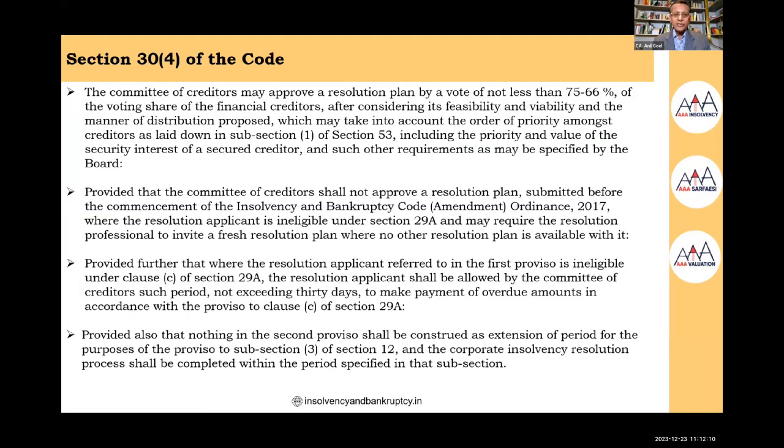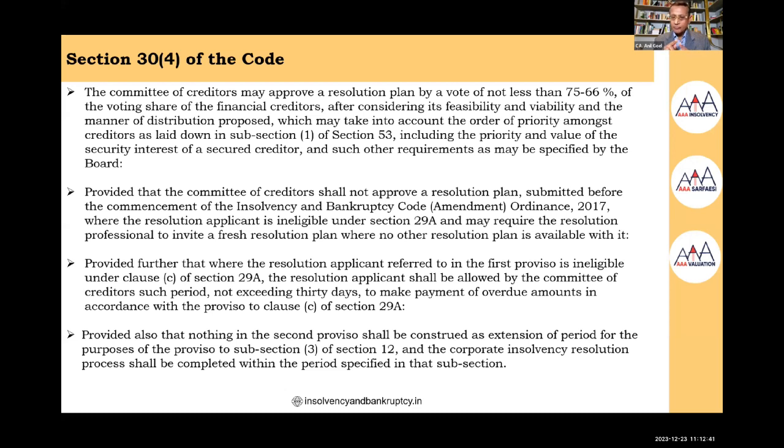The committee of creditors may approve a resolution plan, with these being the mandatory conditions, by a vote of not less than 66% of the voting share of the financial creditors. That means only financial creditors will vote. After considering its feasibility and viability, viability is the responsibility of the committee of creditors, and the manner of distribution proposed. The manner of distribution proposed is also supposed to be seen by the committee of creditors, which may take into account,